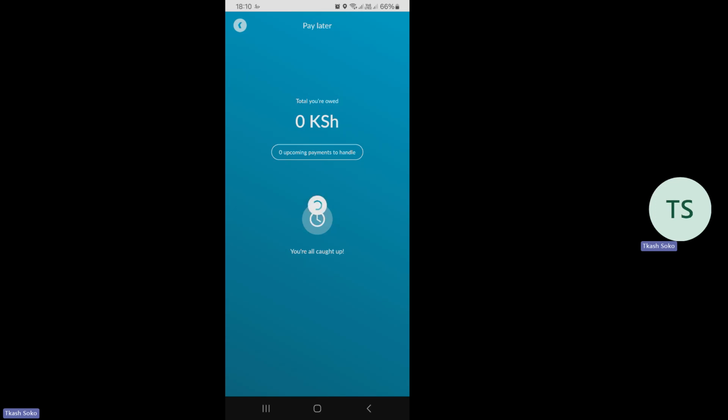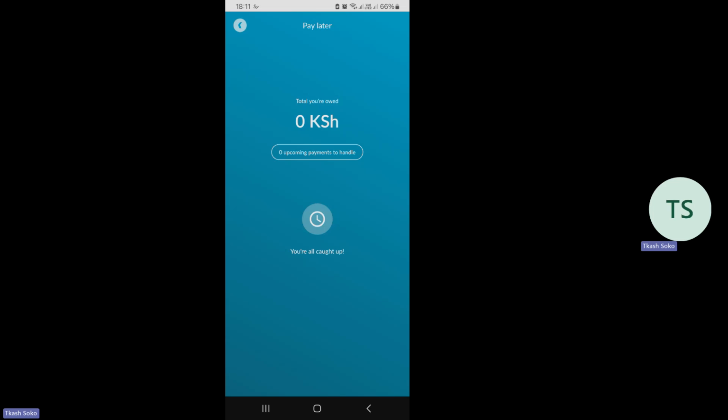Kama mtu amechukua an item on pay later from your shop, using the Tcash Soko app, then as soon as atakuwa na pesa kwa Tcash yake na siku ya kulipa imefika, pesa itakuwa inakatwa kwa Tcash yake inakuja kwa Tcash yako direct. So kutakuwa na kuvurutana, like you having to call a number of times, you having to demand this person comes to your shop and brings the money or sends the money. Hakutakuwa na hiyo. Why? Because the app will be doing the debt collection for us, just like banks would do.